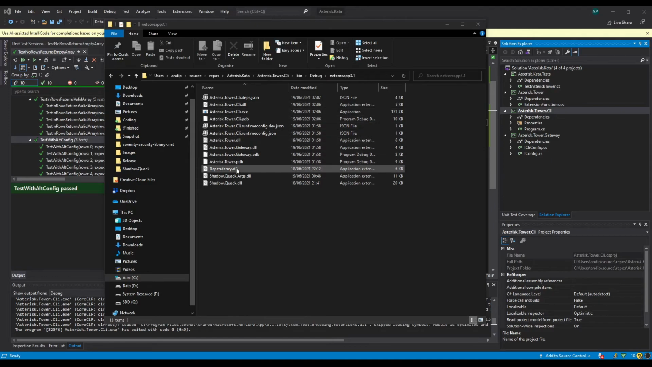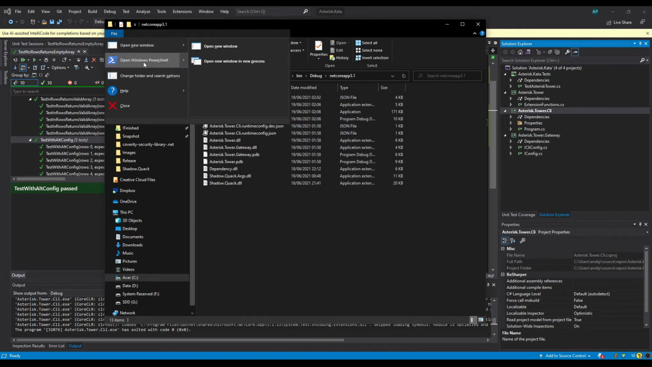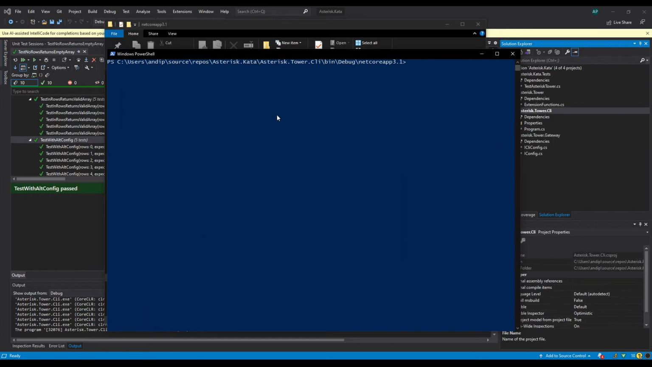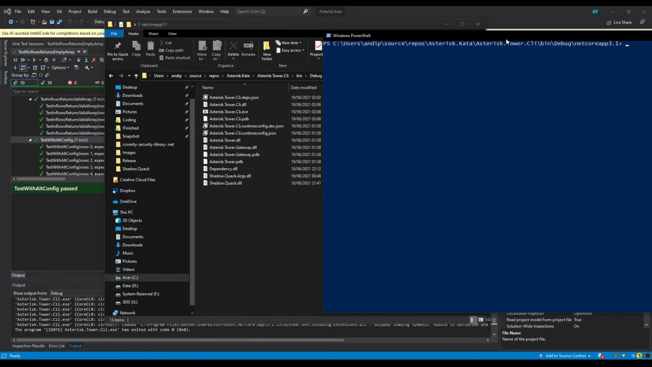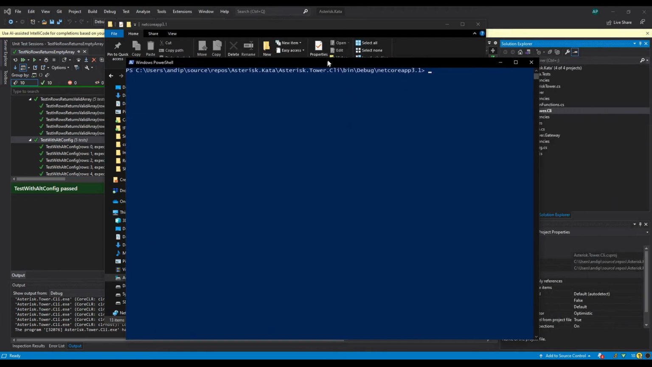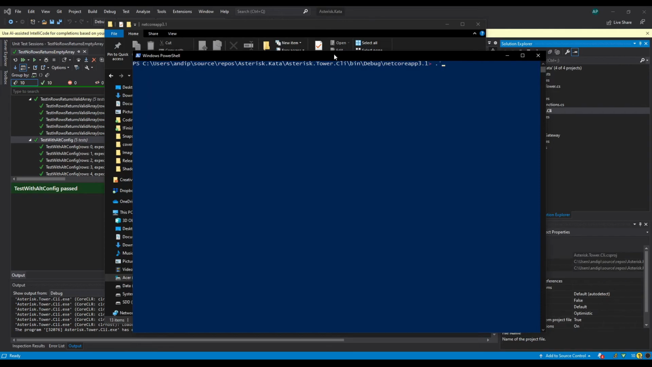So we can also go and find the actual compiled executable. So we found that in the debug folder. We can run a console in that folder. So there we go, we're already in the folder. So we can now actually call that executable. So it's dot slash, which is convention for PowerShell, current folder, asterisk.tower.cli,